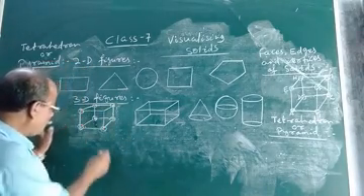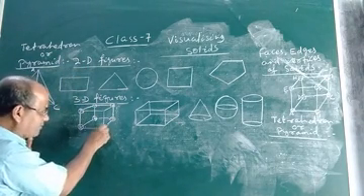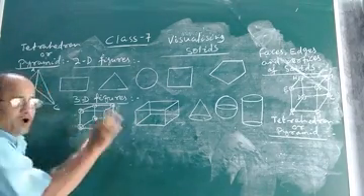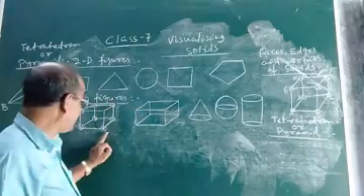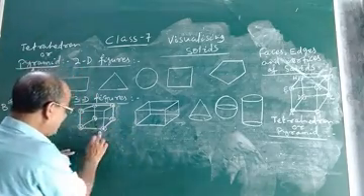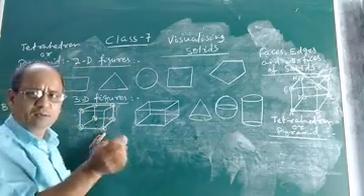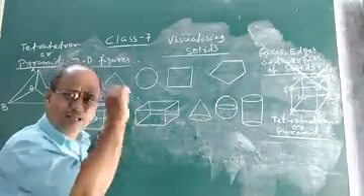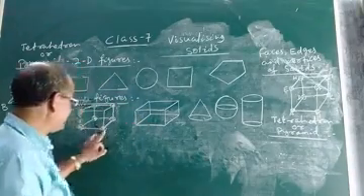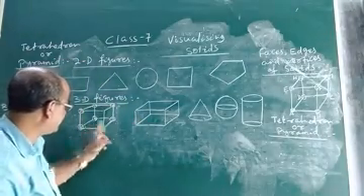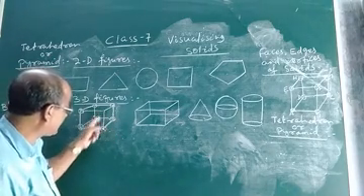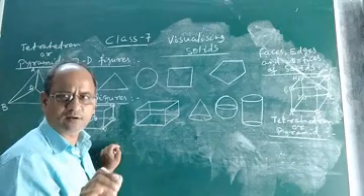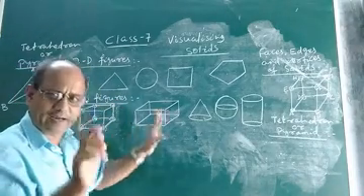Vertex means, look at this. Suppose we consider this vertex. At this point, look at this edge and this edge. How many edges meet at this point? 3. If one is the length, the other is the breadth, and the third one is the height. That means a vertex is that point. What is the vertex of a solid? A vertex is that point where 3 edges of the solid meet. So the 3 edges of the solid meet at a particular point known as the vertex. And in a cube, you will find only 8 vertices.